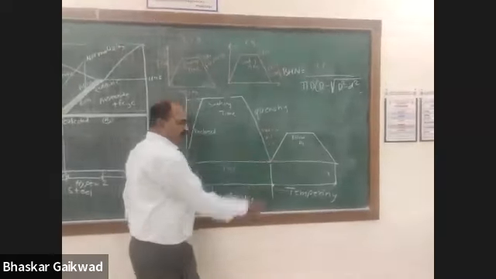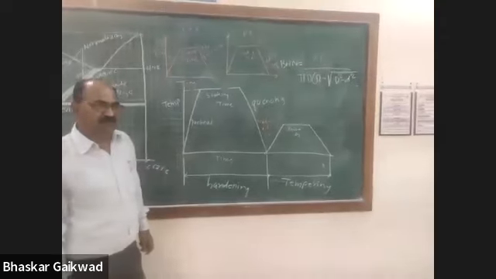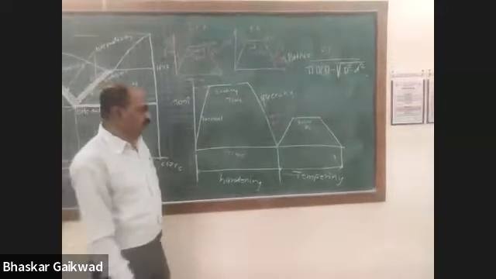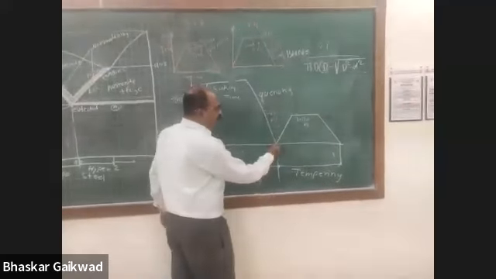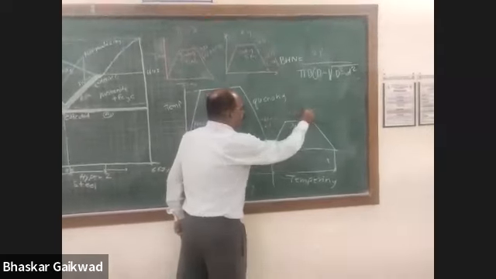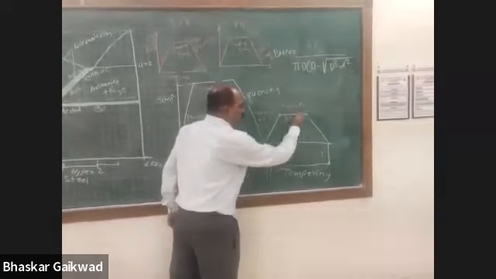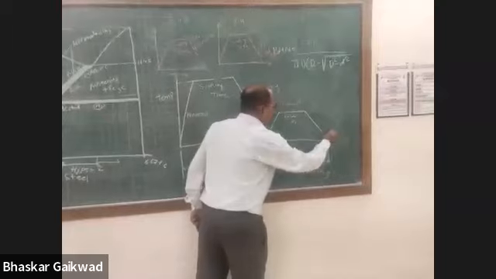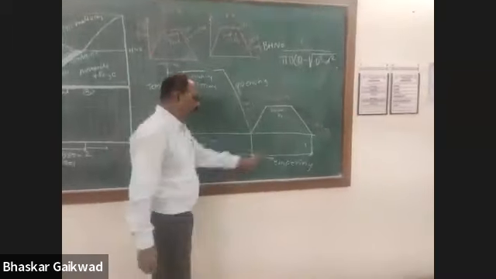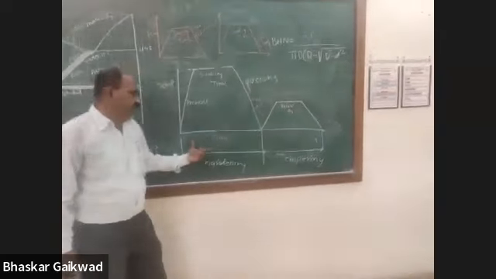But here you will get 90% martensite. And you know that martensite is very hard and brittle. So you have to reheat below the A1 temperature, use soaking time, and here you can go for air cooling. Okay. So this is called tempering. This is called tempering. This is called hardening.